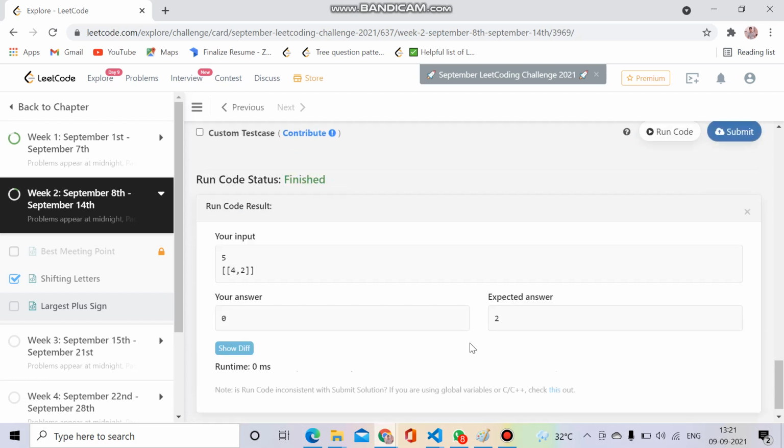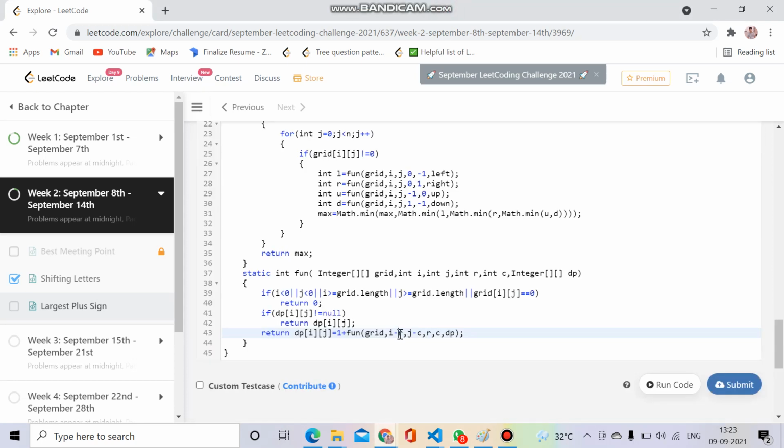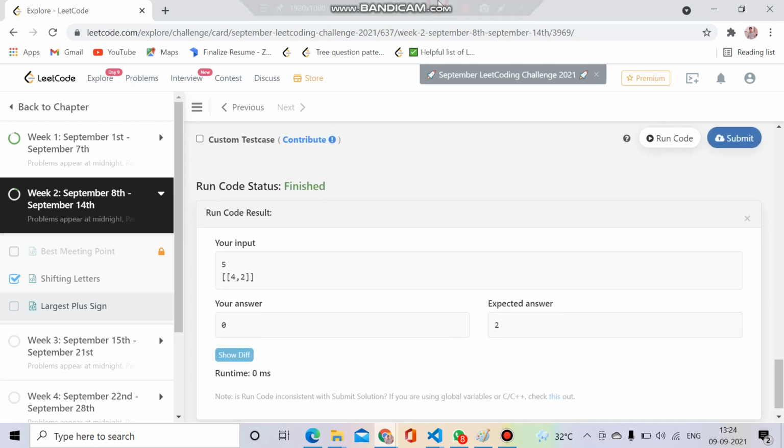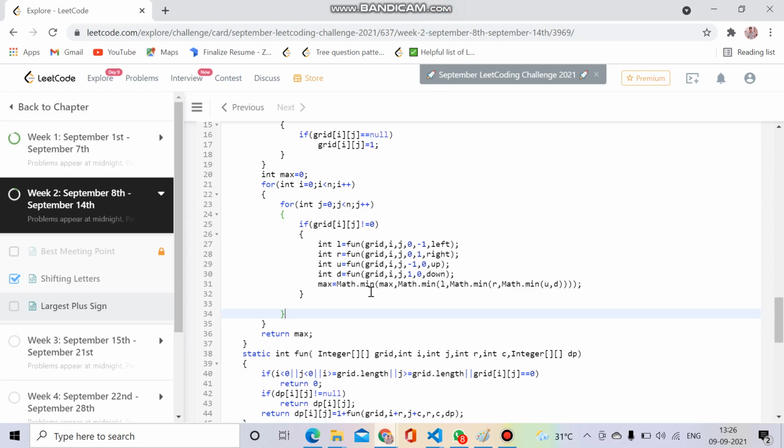Okay, so let me check it. Okay, I got the point. It will be i plus, I'm already returning negative, so I only need to add it. And one more thing, it will be 0 here. It was a very silly mistake. So now I think it should run now, please. Okay, it is a very terrible mistake.